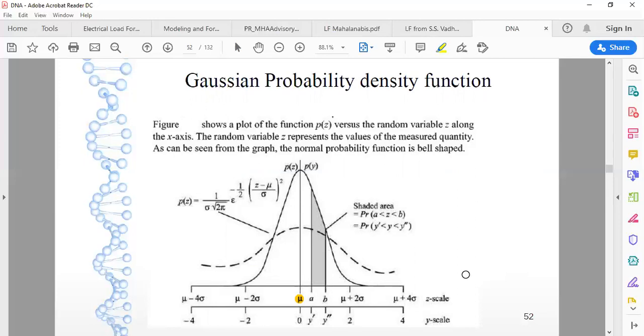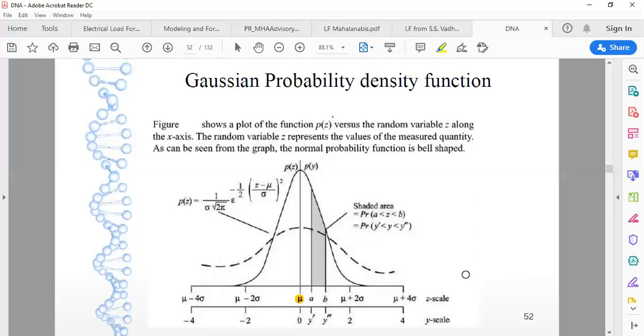Basically, the Gaussian probability density curve can be drawn in two ways: first, the normalization process, and second, using absolute values. But so far as shape is concerned, it won't alter. Visualizing the same thing as I mentioned earlier, the maximum occurrence frequency is observed at its mean value, mu. Sigma is represented by the standard deviation, so values deviate from plus 4 sigma to minus 4 sigma.